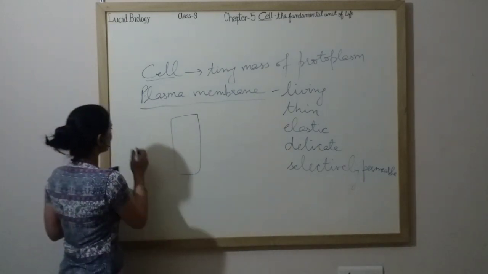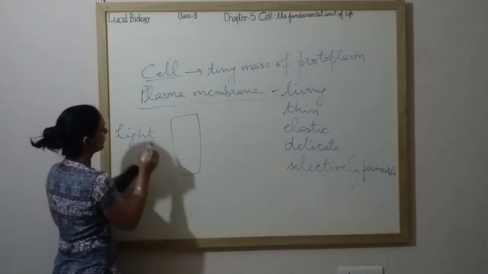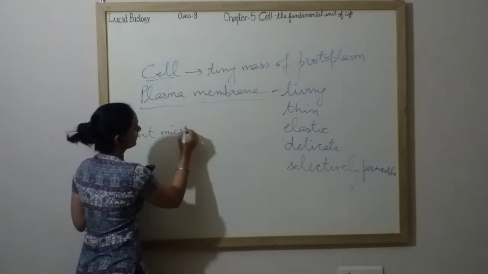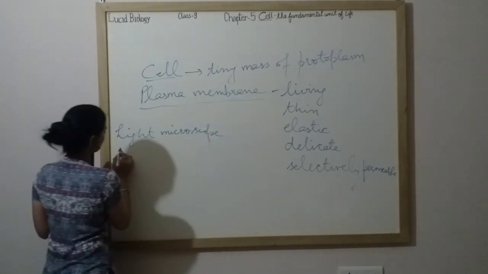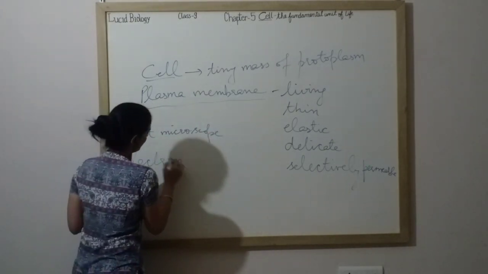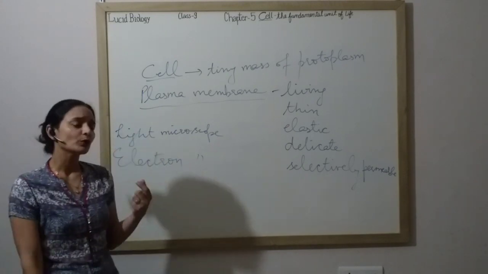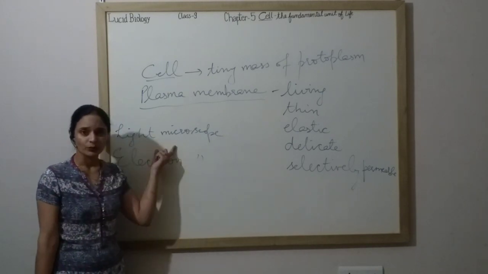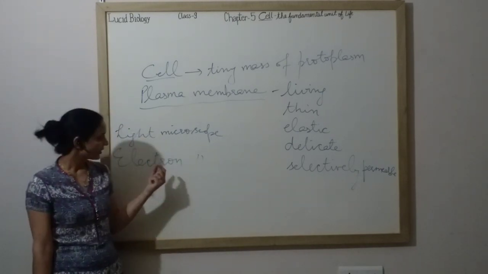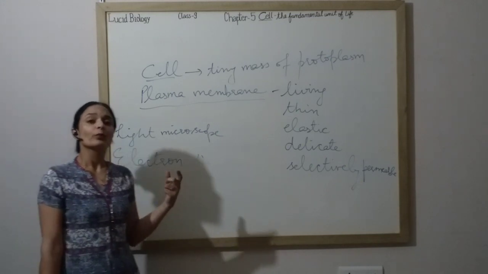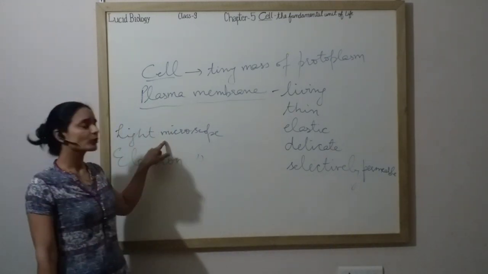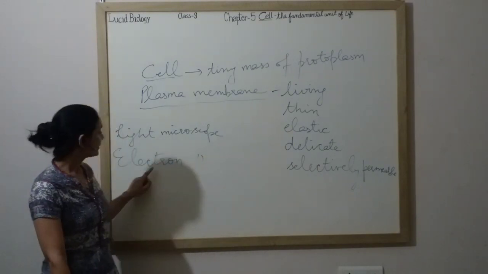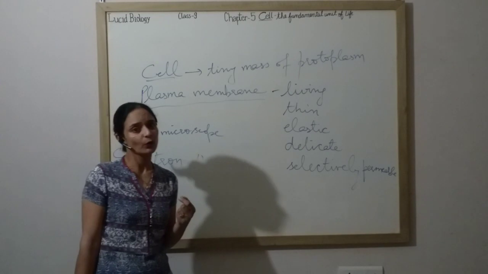Here I would like to tell you about the light microscope, because this term is new for you. Microscopes are of two types: light microscope and electron microscope. Normally the microscopes which are used in schools and colleges are light microscopes because they use glass lenses. But in electron microscopes, electromagnets are used. Light microscopes use a beam of light to illuminate the object and produce an image. But in an electron microscope, a beam of electrons is required.